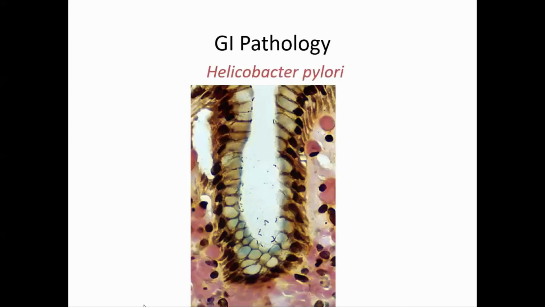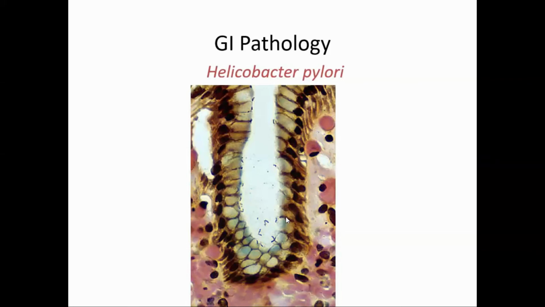This is a gastric gland, and these are the H. pylori on the surface. They never penetrate the mucosa. They are always in the surface mucus layer. They don't invade. But from there they release all those: their cytovacuolating toxin, protease, phospholipase, urease, and these go inside the gland wall.